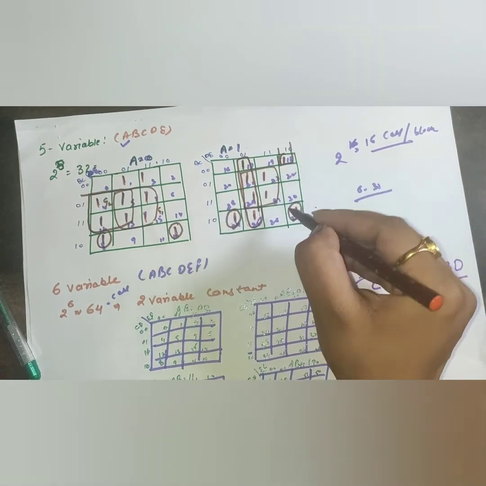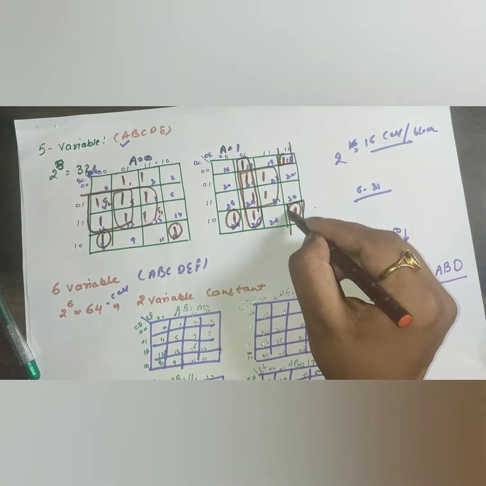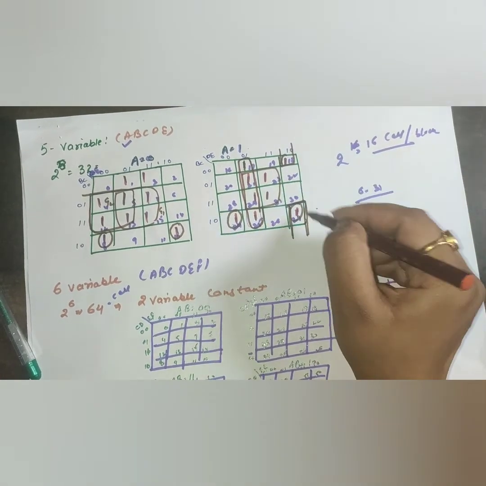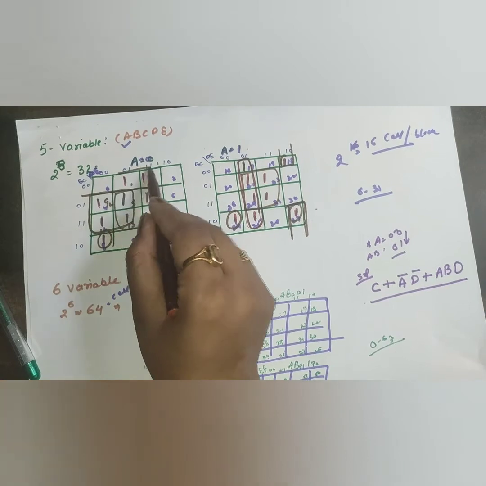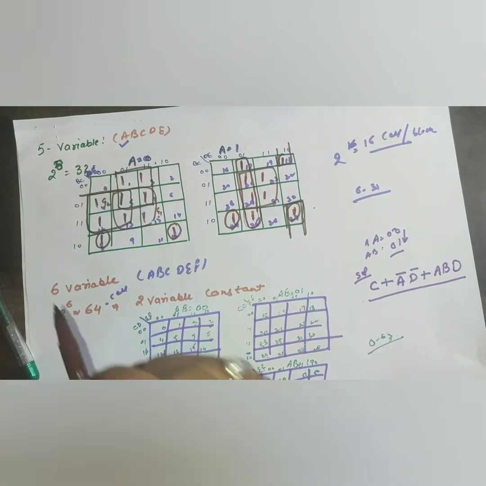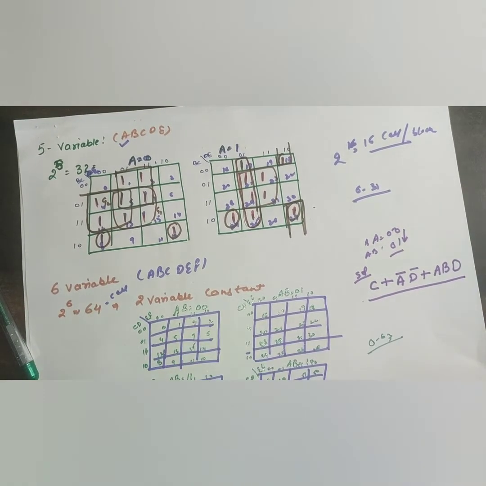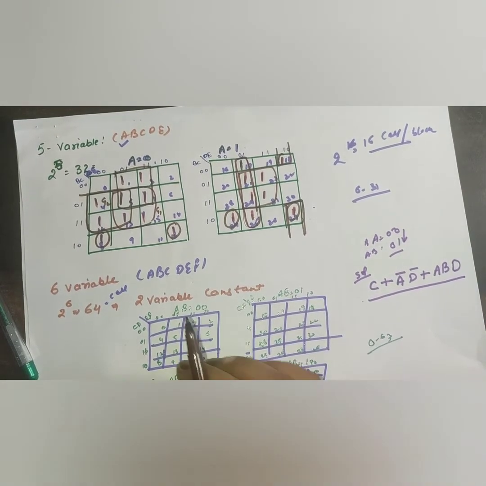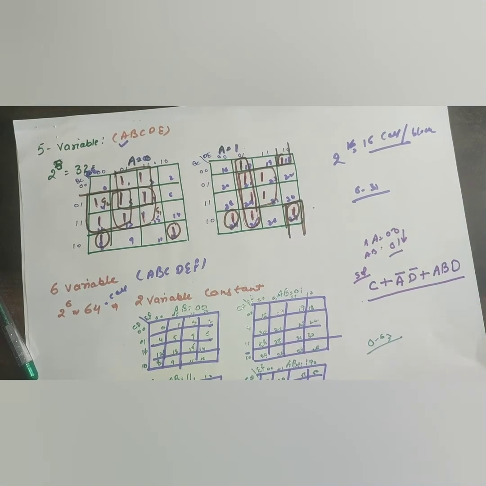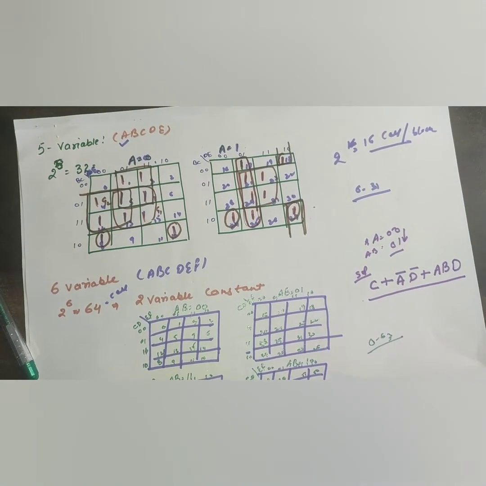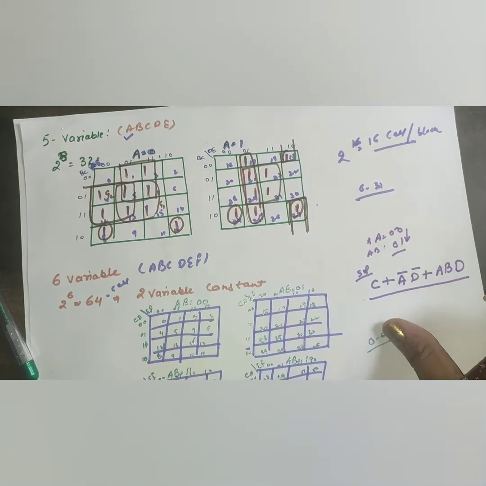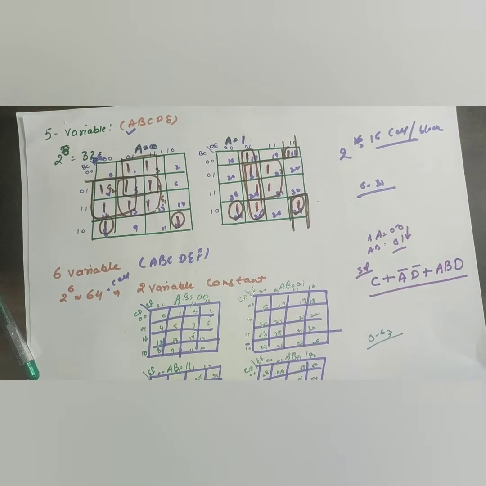This can make the group by this. Okay, this one makes the group by this. Now this 2 can make the group by this. You should know that in a K map each one can be grouped with some other one. Okay, no single one can be remaining. Now how can we make the equation from this?